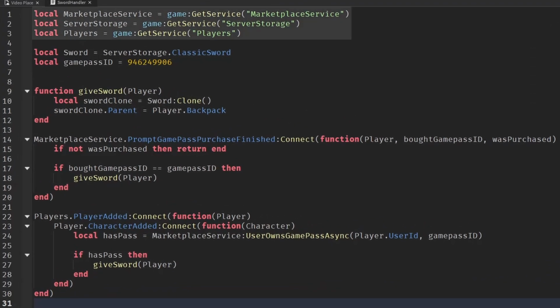These three variables define the marketplace service, server storage, and players. Here's the variable for the sword, which is currently in server storage, and a variable for the Game Pass ID. Make sure to replace this with your own Game Pass ID. If you're unsure how to find it, check out my video on creating a Game Pass button, where I explain how to locate the ID. Also, ensure that the name of the sword matches the sword variable, especially if you're using a different sword than